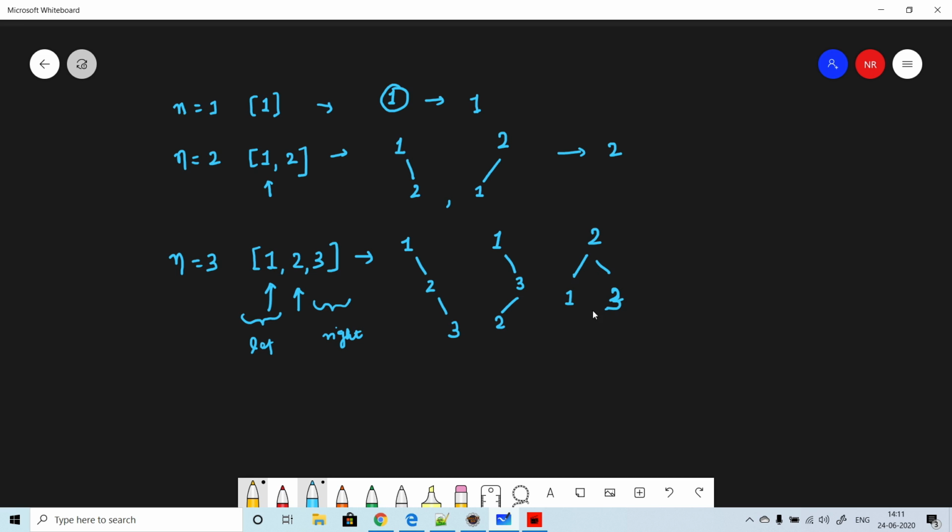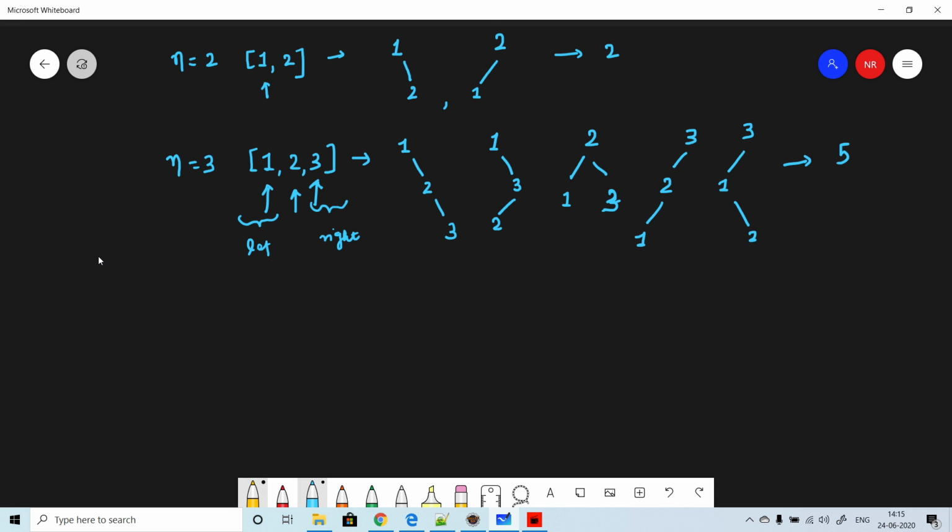Now let's move to 3. When we are at 3, the other nodes will always go on the left-hand side because the root is higher. So let's put 3 as the root. One combination could be this, and the other one could be 3 as the root with 1 and then 2. So with n equal to 3, we have 5 combinations.